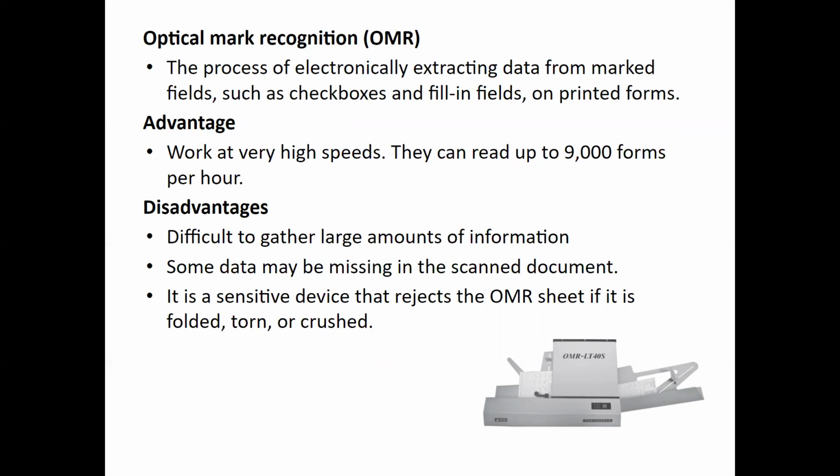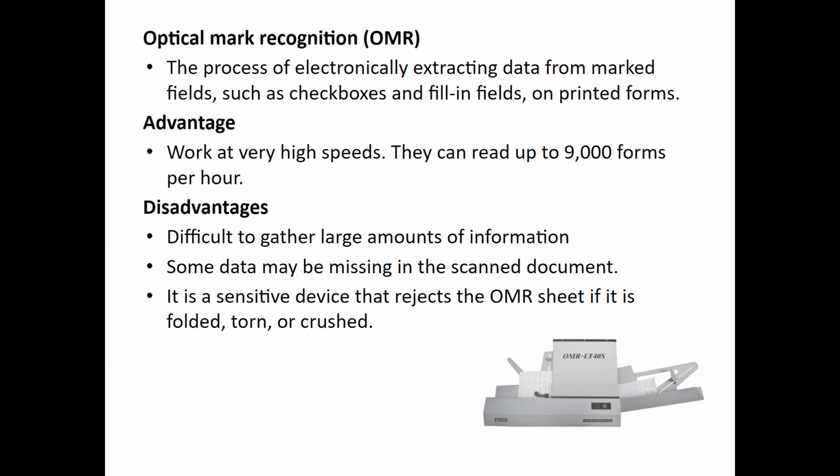For this, it uses a beam of light that is reflected on the paper with the marks to capture the presence and absence of marks. The optical mark reader detects the presence of a mark by measuring the reflected light, and the pattern of marks is interpreted and stored in the computer. Now, OMR is widely used to read the answers of objective type tests where a student marks an answer by darkening a particular circle using a pencil. OMR is also used to read forms like questionnaires, order forms, etc.